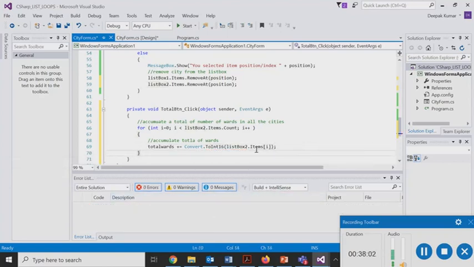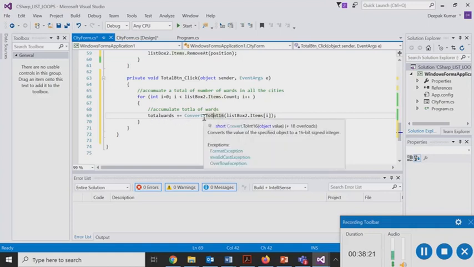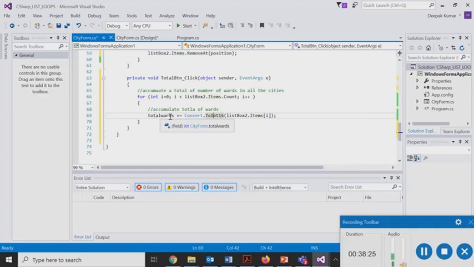So we have converted this list box items value, which are treated as textual values of an object, not as integer values, into int 16, a 16-bit integer, and that is when our total wards will accumulate all the values while we are executing this loop.